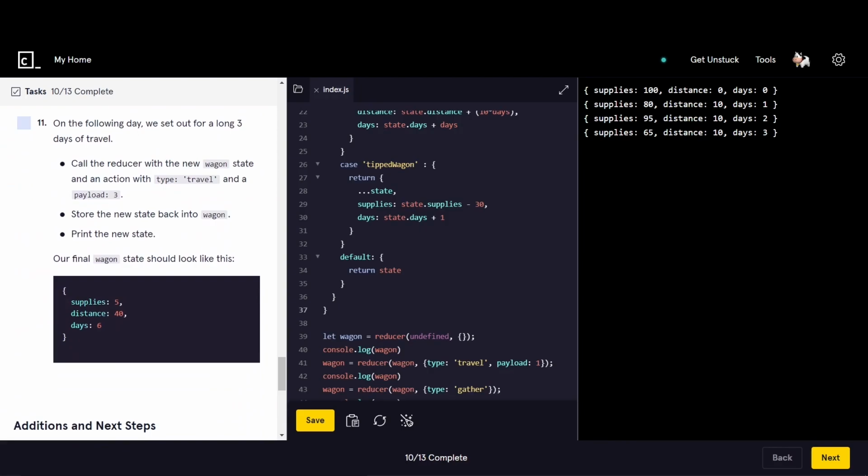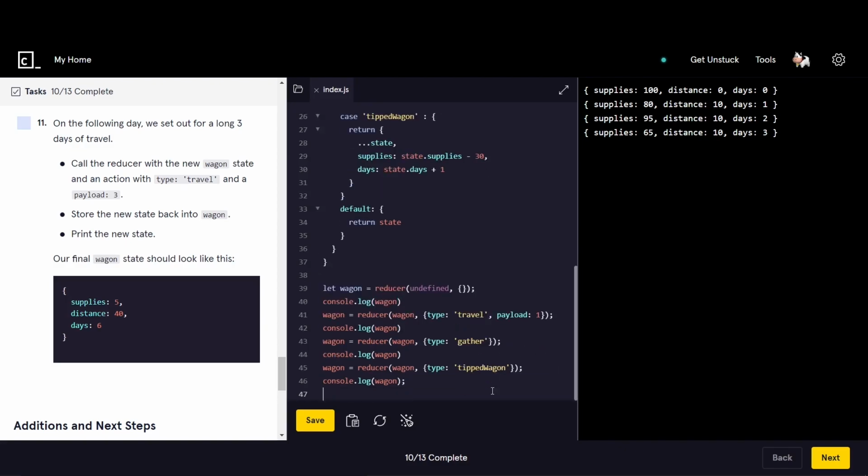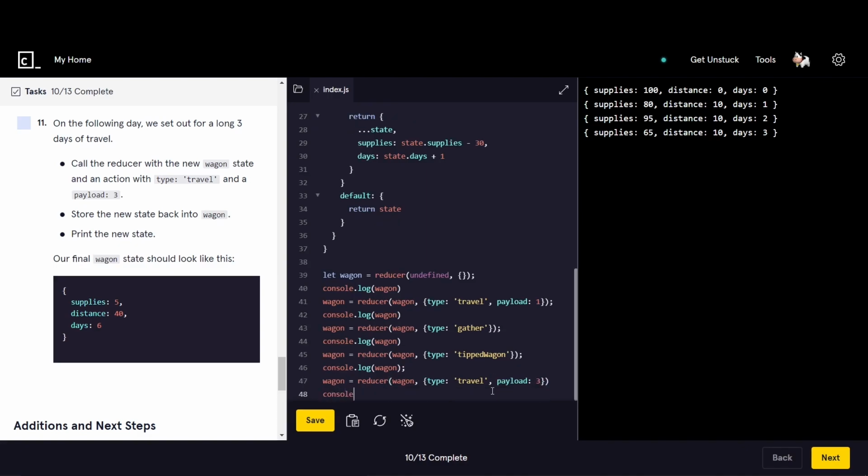All right, task 11 wants us to simulate a longer travel date. This is kind of a double check on our travel action type. Since we've only traveled for 1 day before, we want to make sure that our code works if the player wants to travel for more than 1 day. So down here, we'll do the same thing. Wagon equals reducer, wagon, and type is travel. We also need to pass it a payload. This time, let's say that the payload is 3 for 3 days. And then let's print,